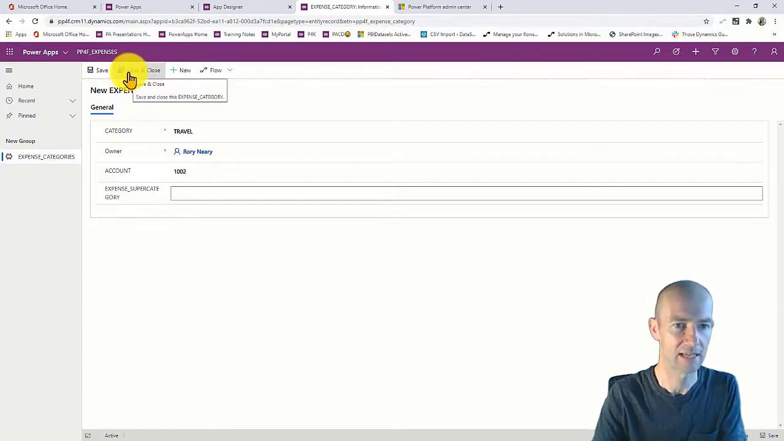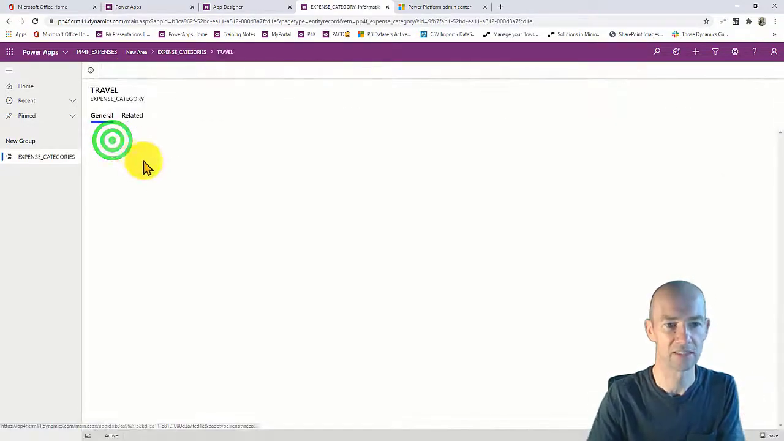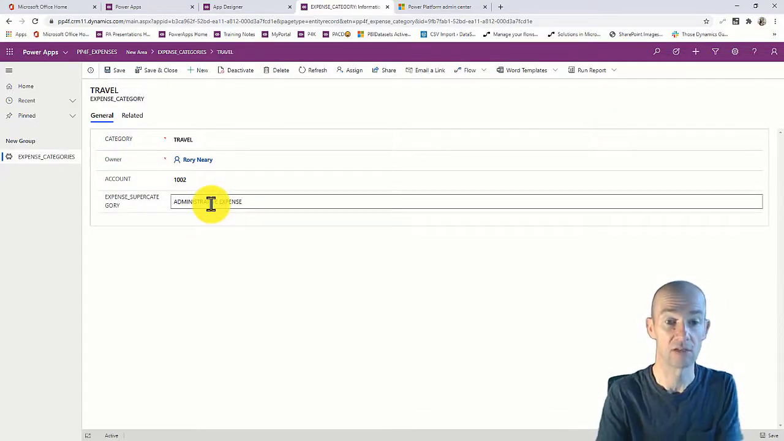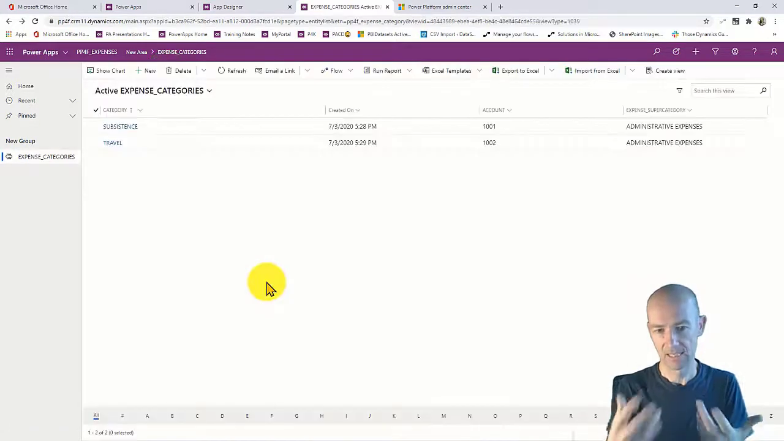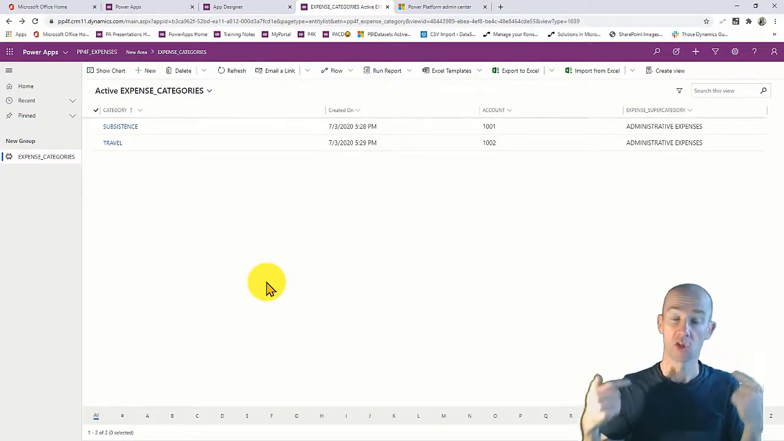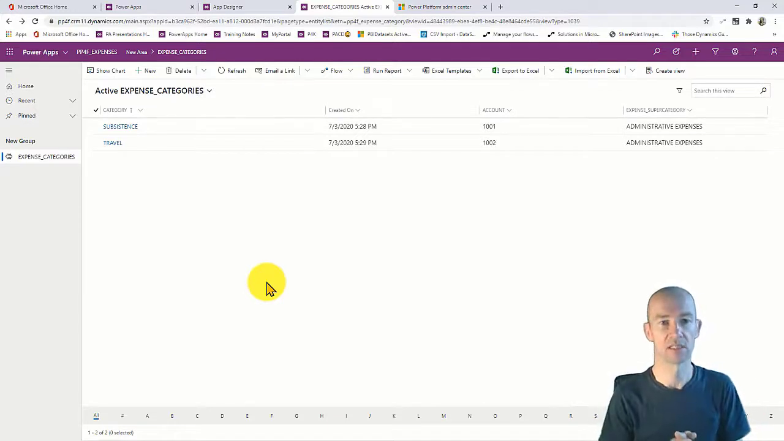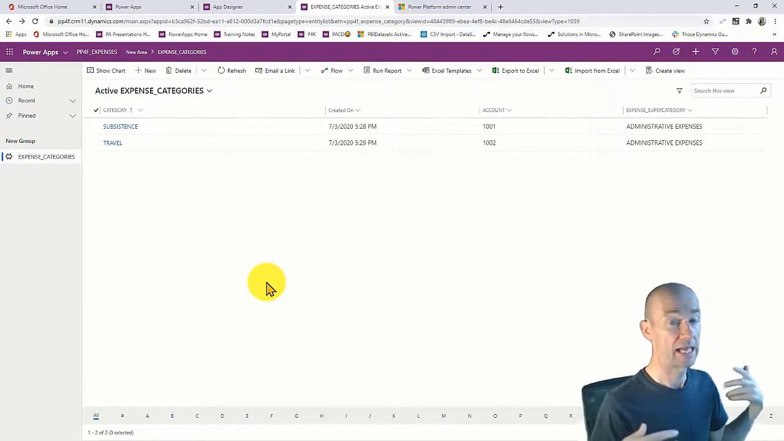I'm just going to click save and close on this, and I'm actually going to look at the view. It's called administrative expenses. Now, as I say, you could actually have another linked entity that would mean that you would just be picking from this. So we have created a model-driven app at this point in time, but the objective was to actually do an